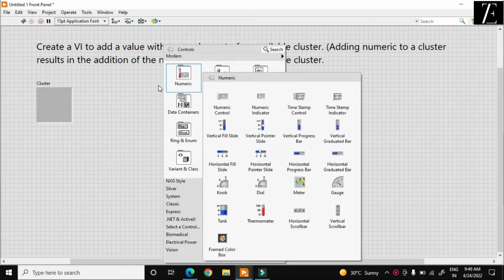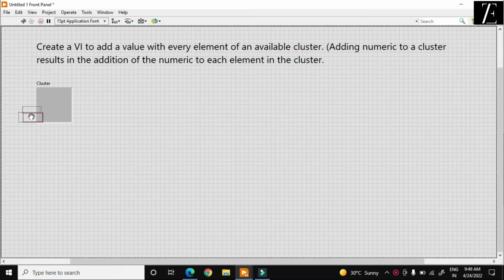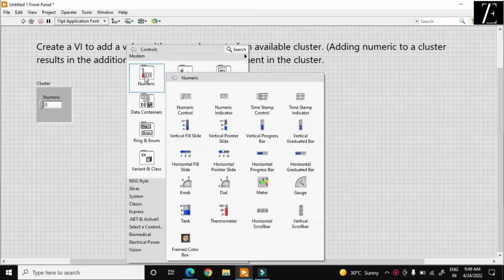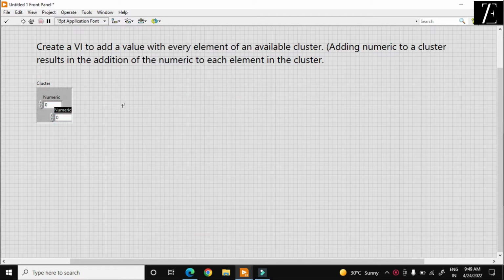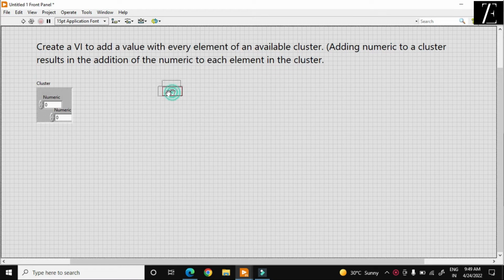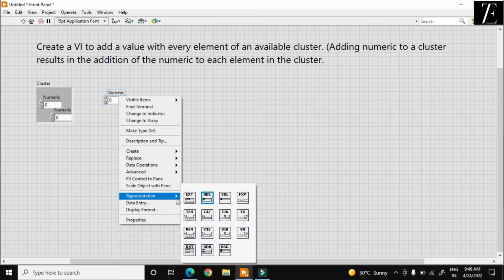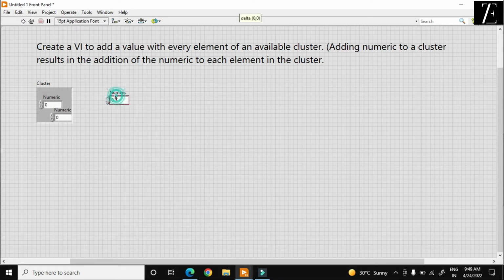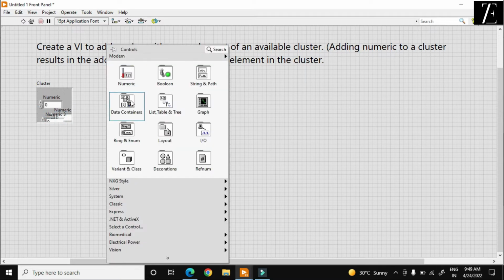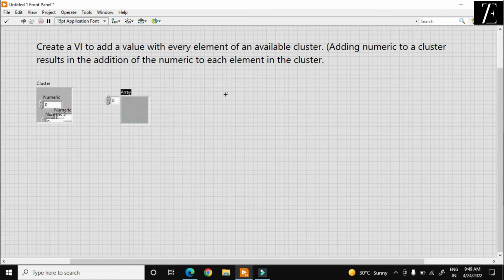I just put a numeric into it, another numeric, and I want to put an integer also, as you see, and I want to put an array also. This is my one dimensional array. Okay, so I just